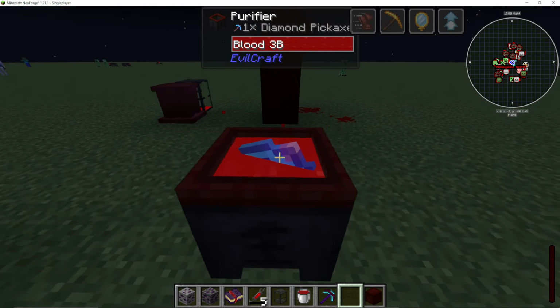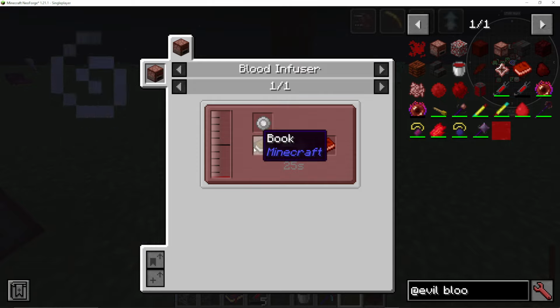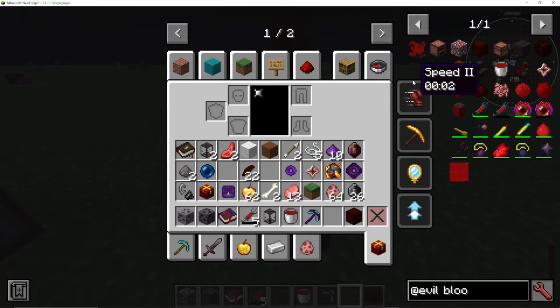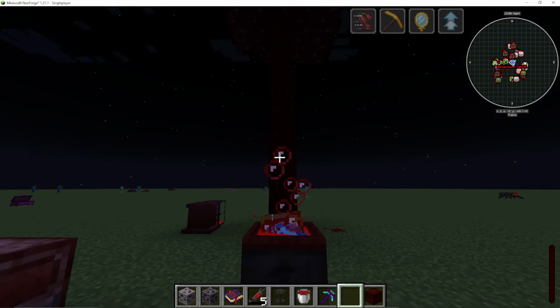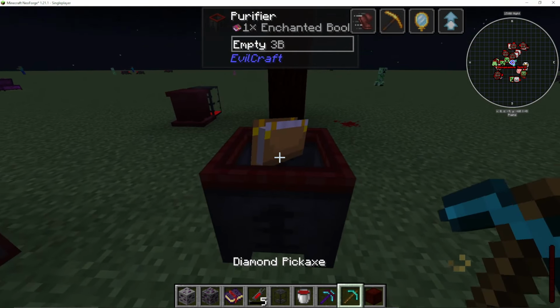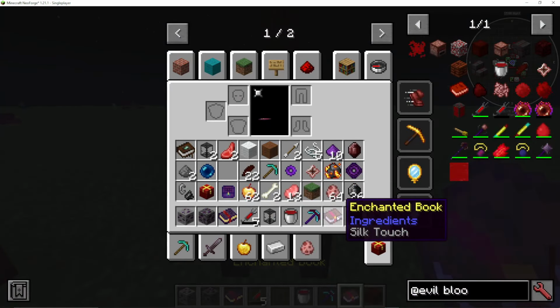my pickaxe, as you can see here, and then also get a book, which is a book with a promise of tenacity and some blood in a blood infuser. Get the book and right-click the book in there. You can see something is happening, and boom, the blood is gone. And if I right-click it again, I get my pickaxe out without any enchants, and it has now put Silk